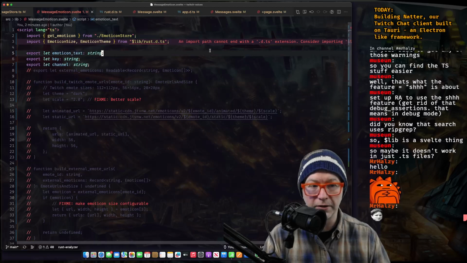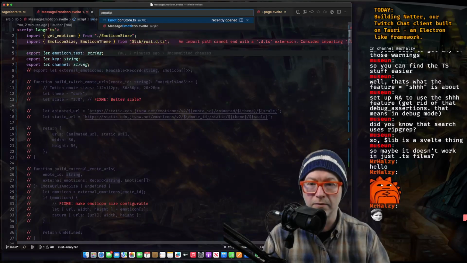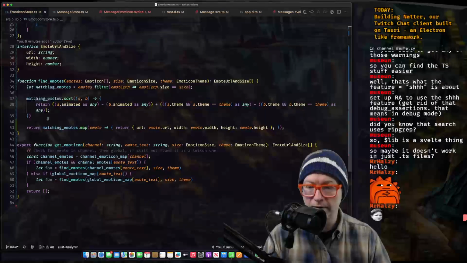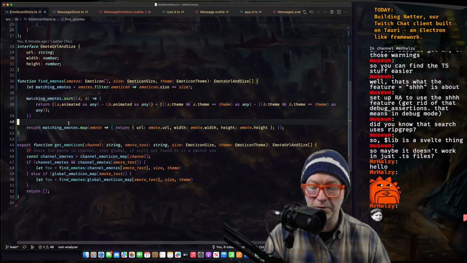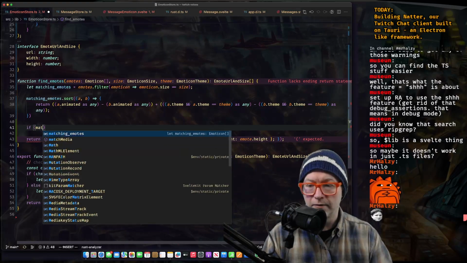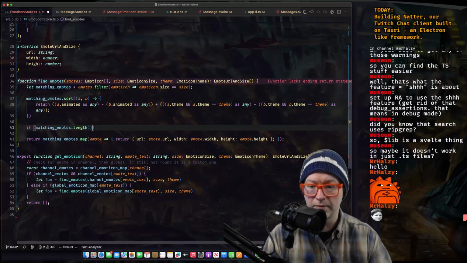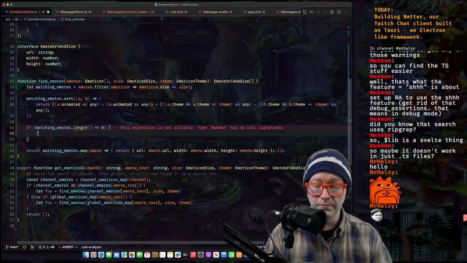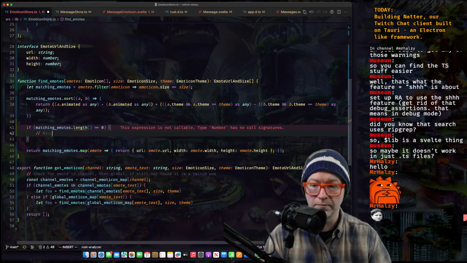If we go back to the emoticon store, here, where we're returning the matching emotes, if it's empty, let's see, treat it as a Twitch emote and generate URLs.